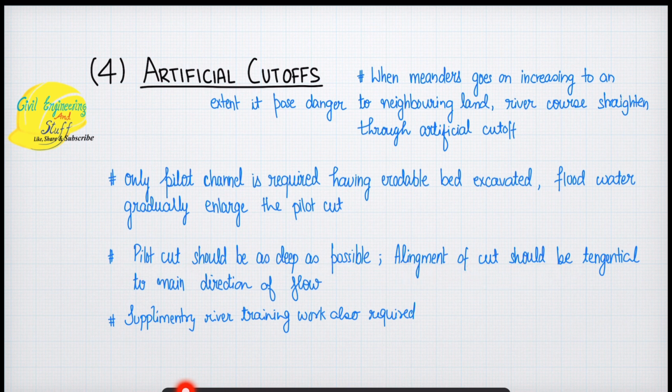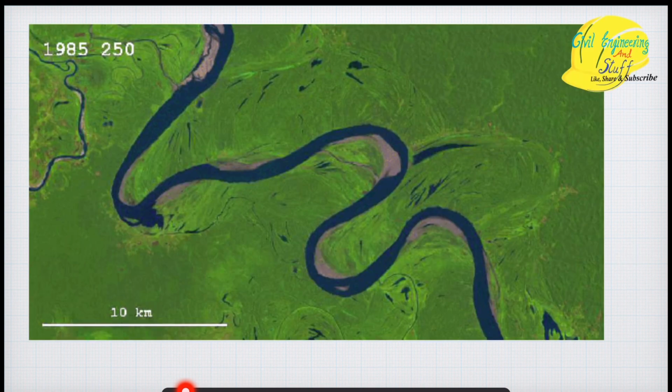Alignment of cut should be tangential to the main direction of flow, and supplementary river training work may also be required. Basically, what this means is that when there is too much silting of the river bed, either the artificial cutoff happens naturally, but if the flow of water is not sufficient, or if we require the result immediately, suppose there is some habitat area along the river,